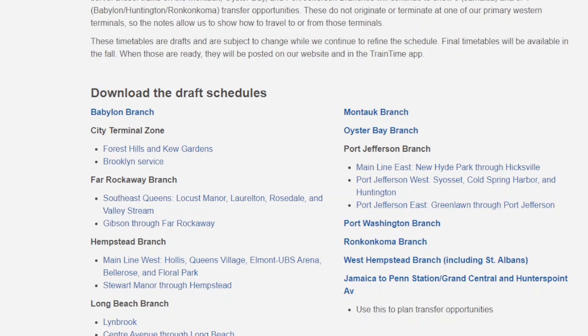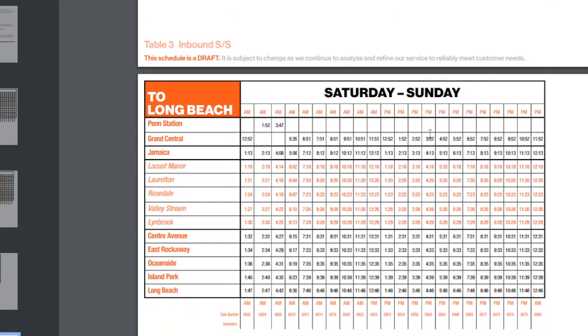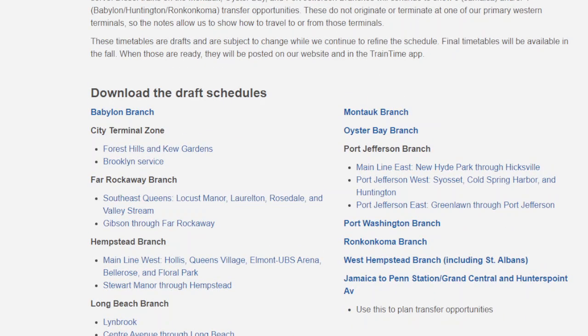So now let me go, and oh no, I gotta look at the rest of it. I gotta look at the weekend too. All right. Are they gonna get a half hourly service on the weekend? No, they're still gonna have hourly service on the Long Beach branch. So they're not gonna really get in. All their service is gonna go out of Grand Central. Okay. So now let's go and look at the